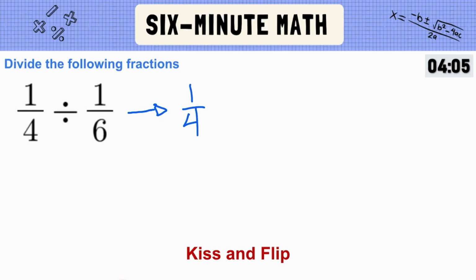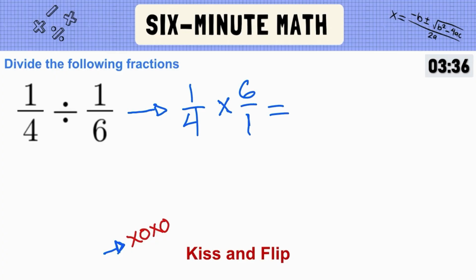And our kiss portion of this phrase relates to our hugs and kisses of how we would sign off on love letters, and the X in particular means kiss, therefore it represents changing the division sign to a multiplication sign. And then we flip our second fraction, 6 over 1,